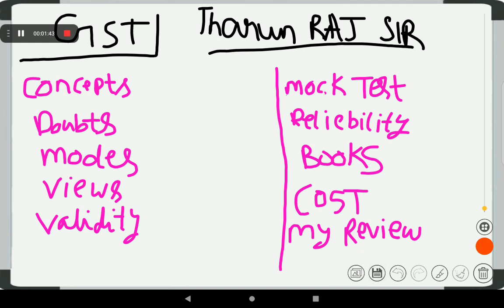So the concept is good, but not entirely super conceptual the way he's teaching. Concepts are there, and the remembering mnemonics are also good. For example, in reverse charge mechanism, one chapter is there. In that, sir gives one mnemonic: government, renting, immovable property, and some components sir gives, only those come under RCM. Everything else comes under FCM. It is actually a good thing to know the mnemonics, but the logic of why it is coming is comparatively less, I feel, because I went for the face to face class.